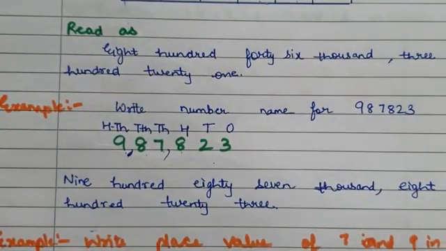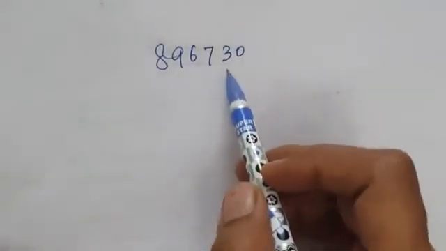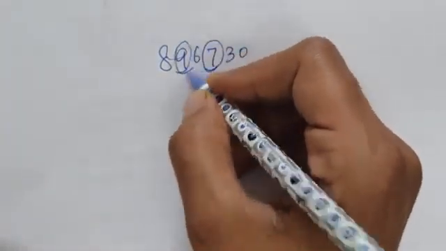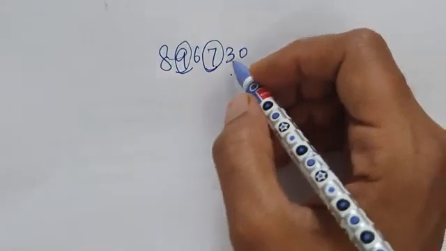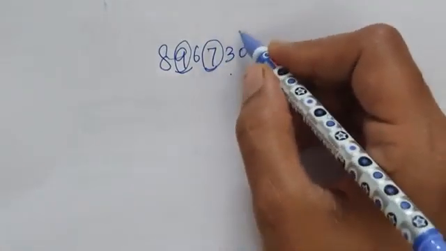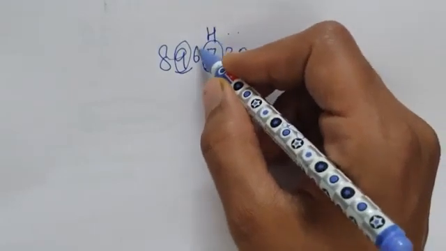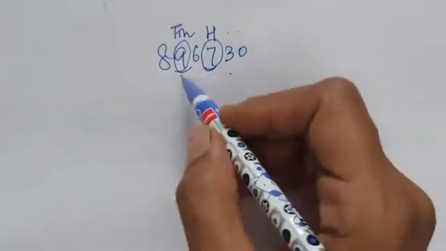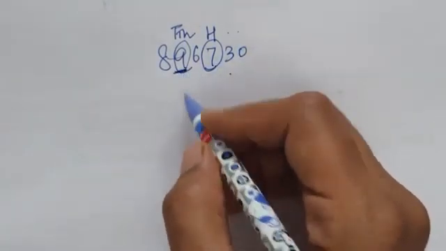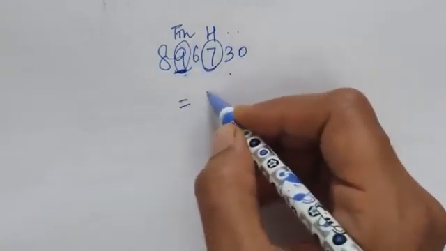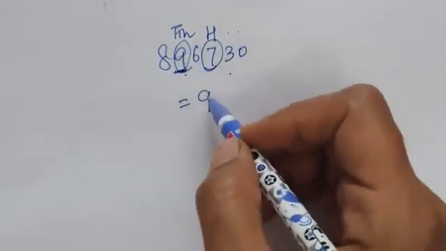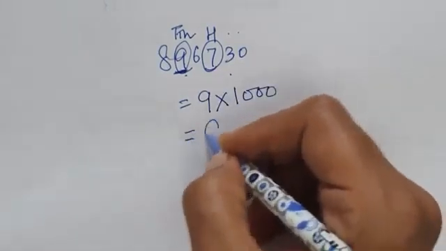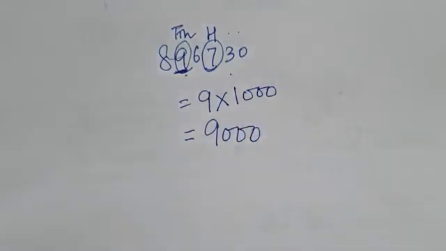Now let us discuss how we can find the place value of the digits in the given number. So let us start. Suppose we are having this number and we have to find the place value of 7 and 9. First of all, let us write the places: ones, tens, 100, 1000, 10,000. Clear? Now we have to find its place value. Place value of any digit is equal to the digit, that is the face value, into its place, that is thousands place. So what we get? We get 9,000. Clear?